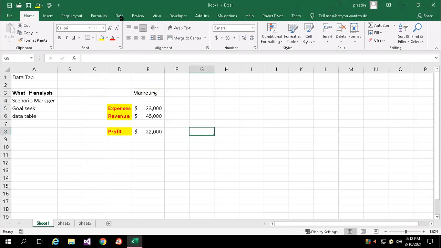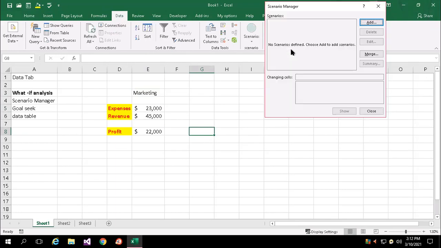So data, under that, what if analysis, scenario manager. Basically it's for analyzing different actual with budget values, like that you can consider. Or in future also, I wanted to expect the same result or same profit for further years in that analysis. Or when I'm considering expenses for a department or for a company, if I set different constraints in the expenses, different constraints in the revenue, what could be my profit? In these analyses, I can introduce scenario manager.